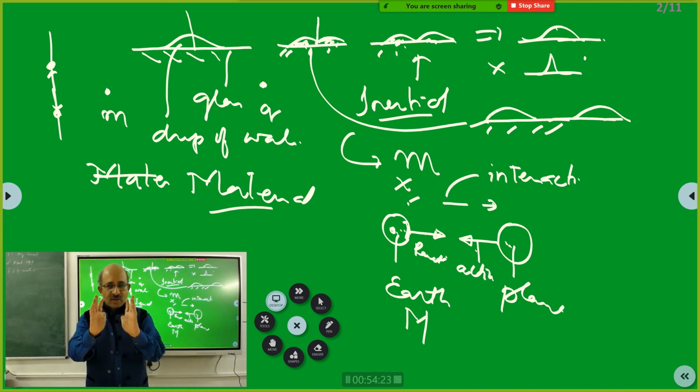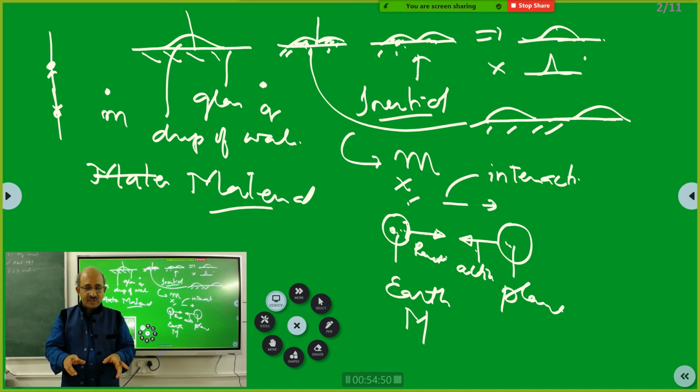First law, what does it do? It says if there is a net force acting on the body, then what is the consequence? That is what the first law says. And what does the second law do? The second law will help you to measure the force. It will help you to measure this interaction. And how does it measure the interaction? It is very interesting. I will teach you.